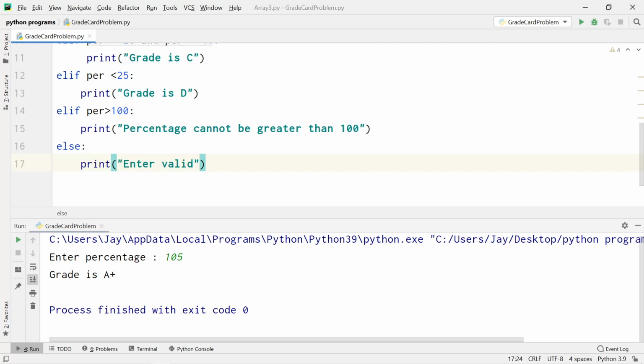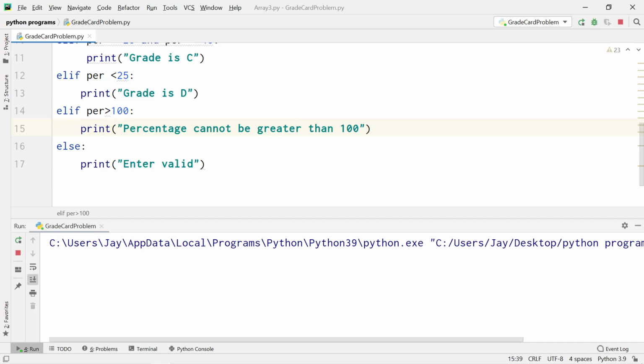Okay, now let's save the program first and rerun it.